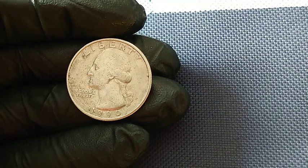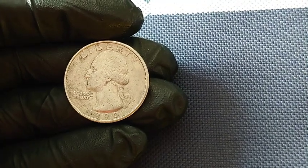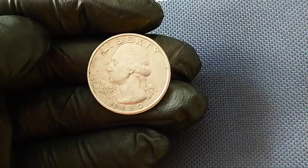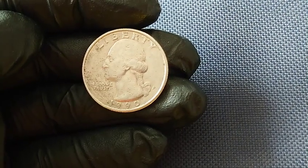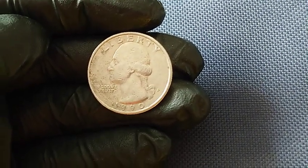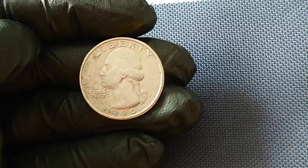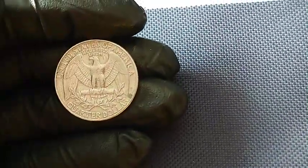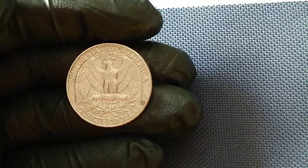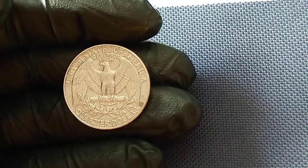And this particular 1990 P quarter is at the center of it all because while millions were produced that year, only a vanishingly small handful emerged bearing a mix of flaws so rare and specific that their very existence challenges our understanding of how coins are struck and certified, beginning with the first known error, which is the highly elusive